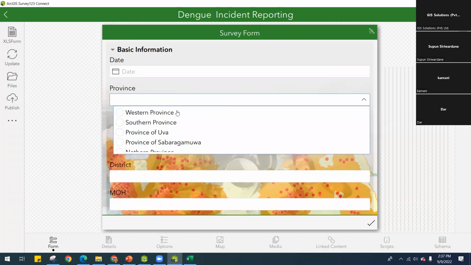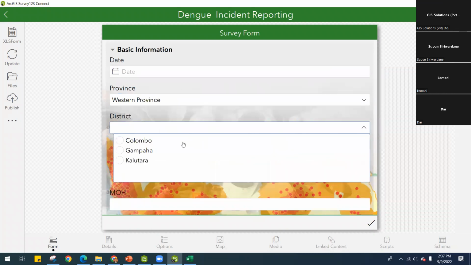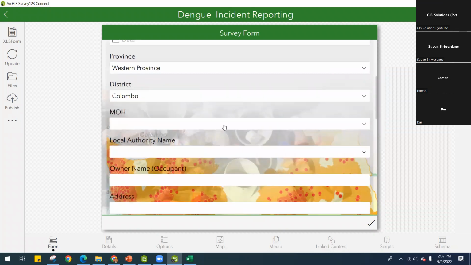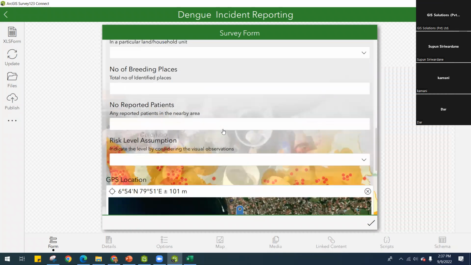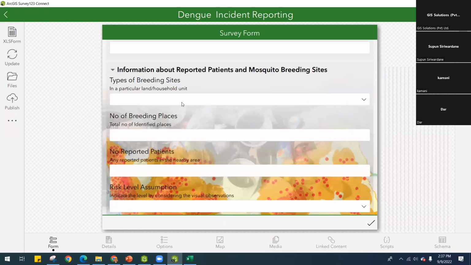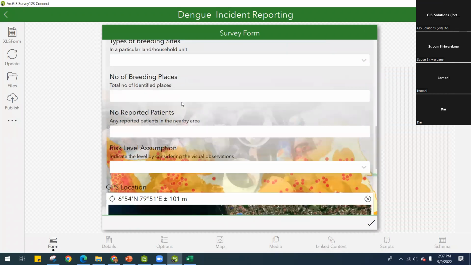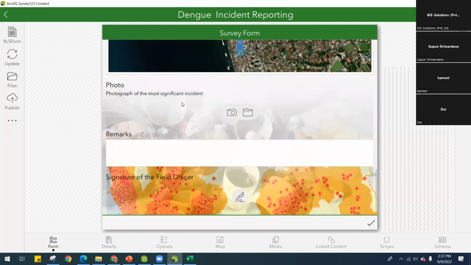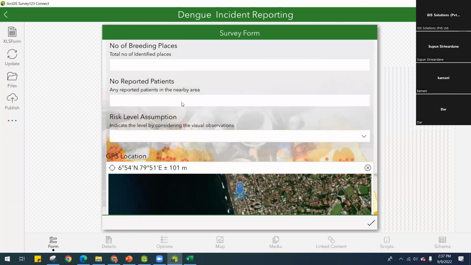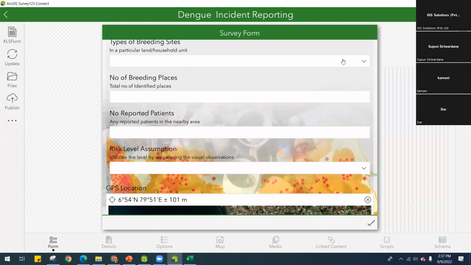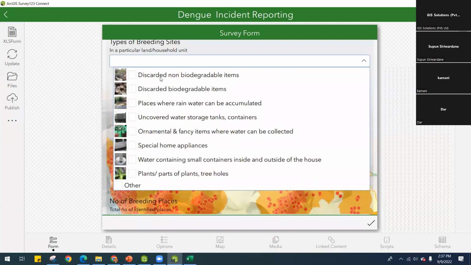You can select the province, then it filters into district, and again to MOH divisions. So there are different types of questions designed here. So here you can see a multiple choice question with some photos. So you can select multiple options